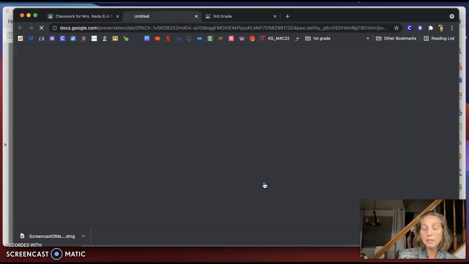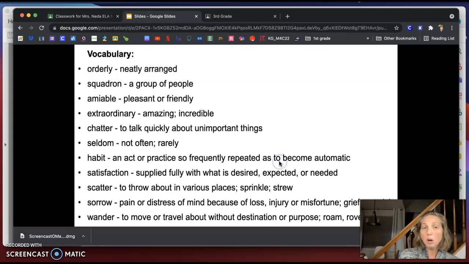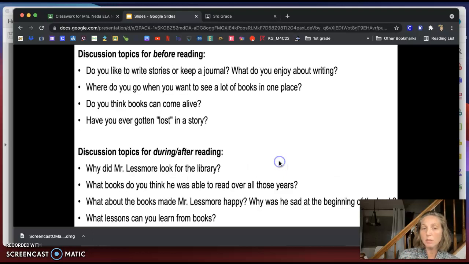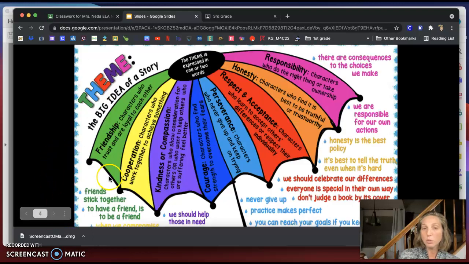Inside of this video, inside of the slides here, you also have your vocabulary. I want you to see if you can find these words in your vocabulary. These are the questions to think before you read. These are the questions to focus on when you listen to the story and when you get finished with the story. Here's another explanation of our theme just for you to review and look at.